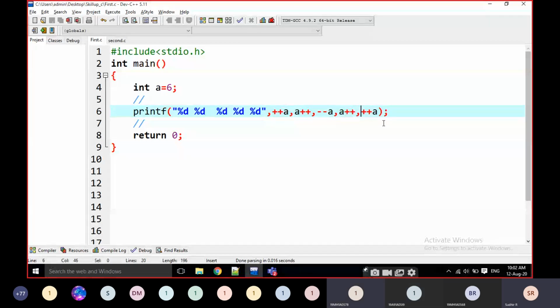For example, here A value is 6. Then what is this value? This is a pre-increment. Then it is going to be 7 and 7 is printed, and the new A value is 7, right? Then we have to check before, are there any pre's here? There are no pre's here, that's why we are not changing. Okay? And A comes here as 7.